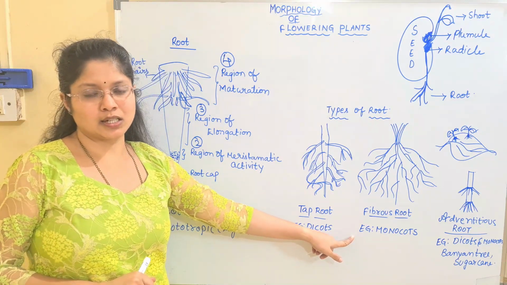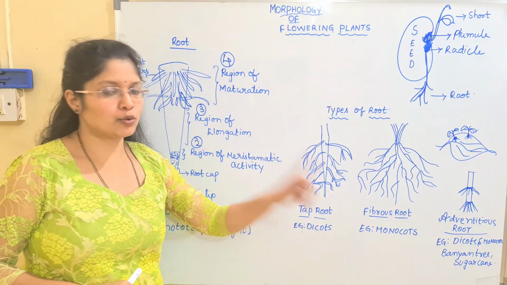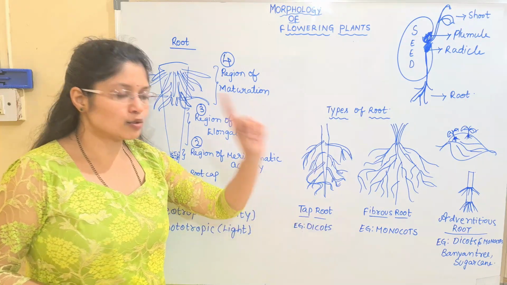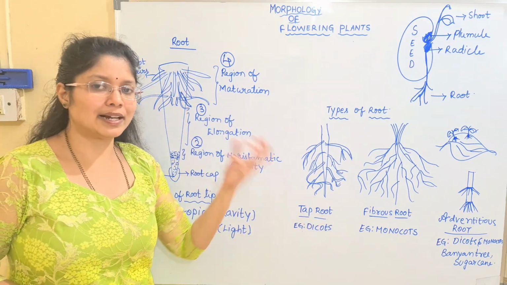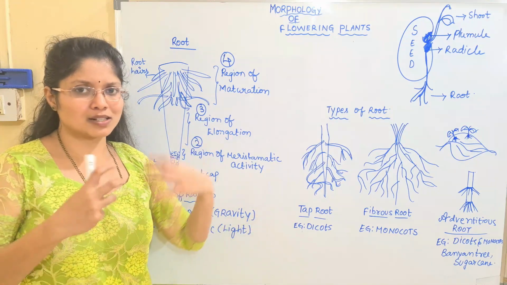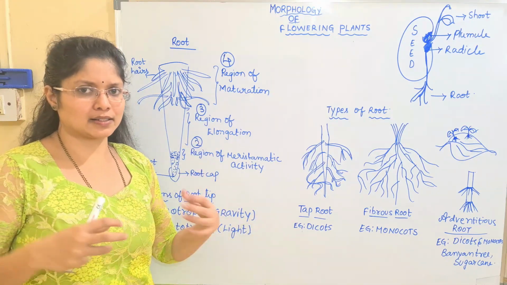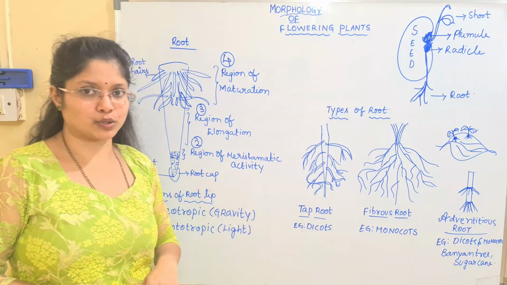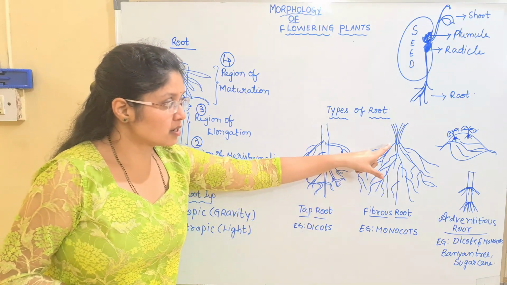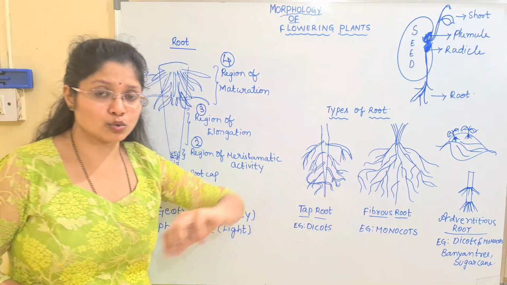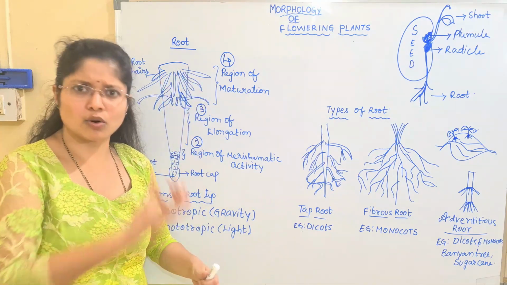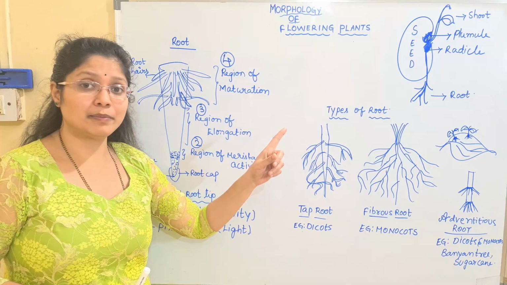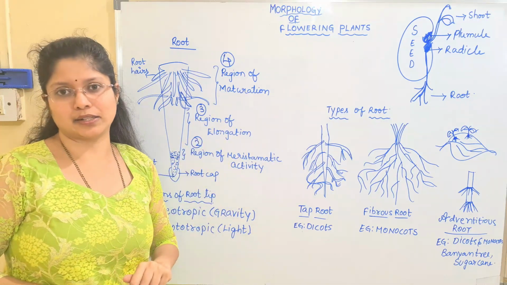Here is another important point regarding your NEET I am telling you: what is the relation between fibrous root and adventitious root? Can you guess this, children? Fibrous root, I have told you, starts as a primary root, but it will die soon. Later it is replaced by numerous fiber-like or hair-like structures which are said to be the fibrous root. If you observe, all these fibrous roots arise from the base of the stem. Stem means it is adventitious in nature.